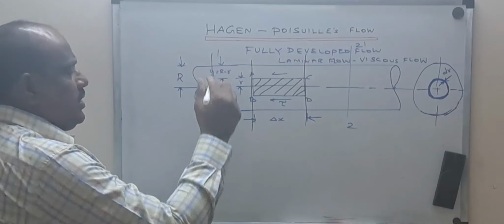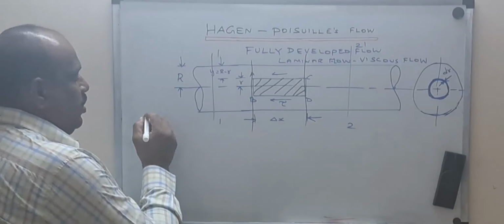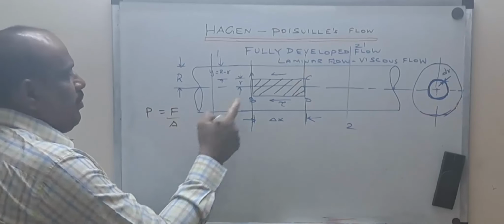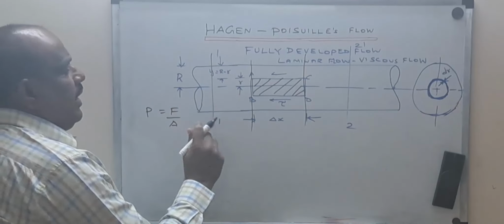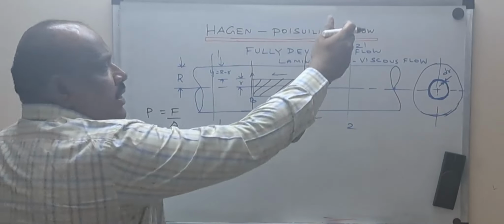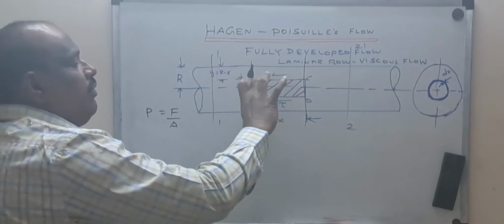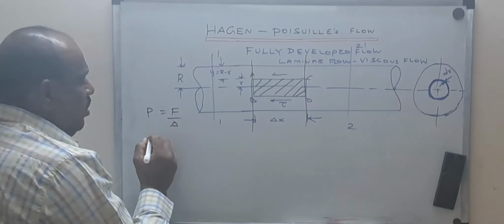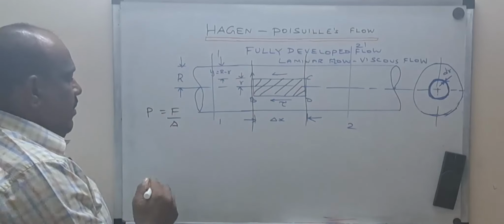Okay, now the force at AB will be the pressure force. So we know that pressure equals force by area. So the pressure force at 1, 1 or at AB. Let us call the 1, 1 plane also lying exactly at AB, not here and here. Let's consider the fluid element. So the 1, 1 plane is now at AB. So now the pressure force at AB will be equal to